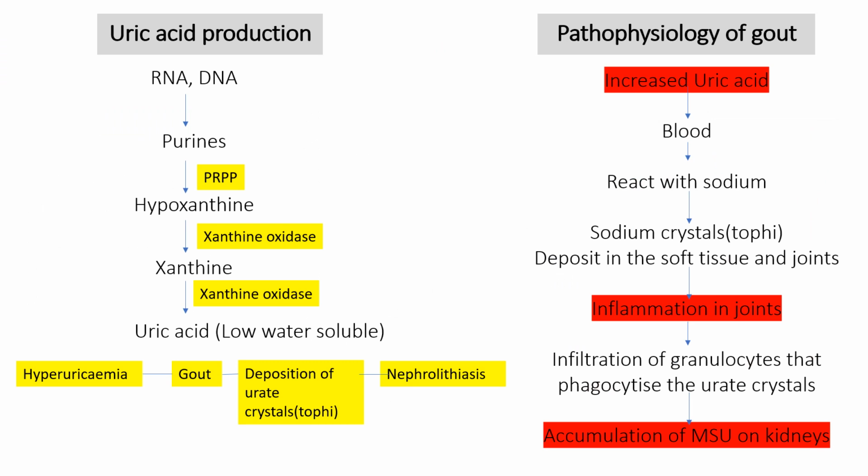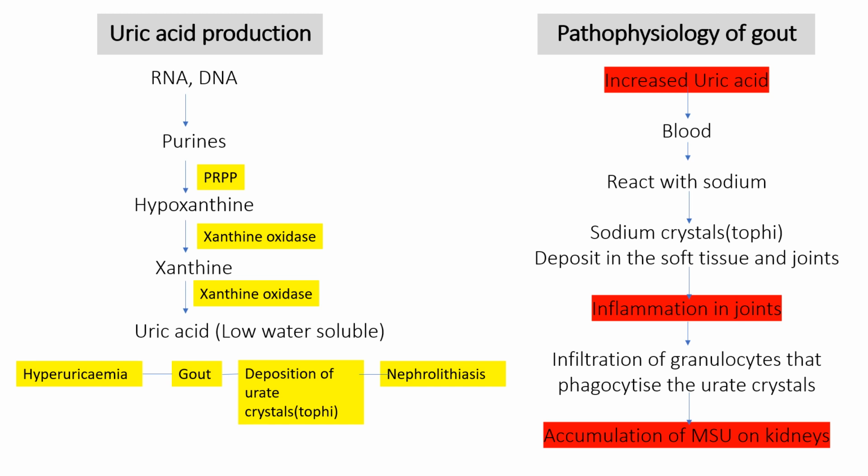This is how the uric acid level increases in blood. After purine metabolism, it gets converted to hypoxanthine, and from that to xanthine and to uric acid. This happens due to the enzyme xanthine oxidase, which is involved in the conversion of hypoxanthine to xanthine and xanthine to uric acid. When the uric acid level gets elevated in the blood, it forms monosodium urate crystals and accumulates on the joints, causing tophi.